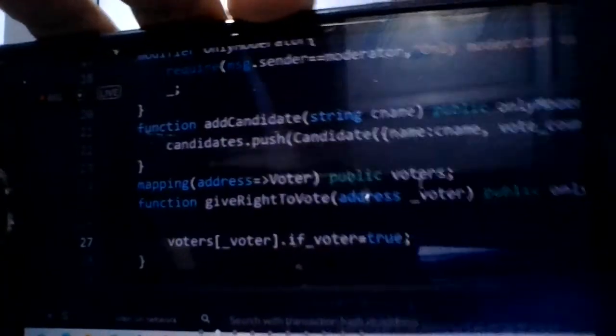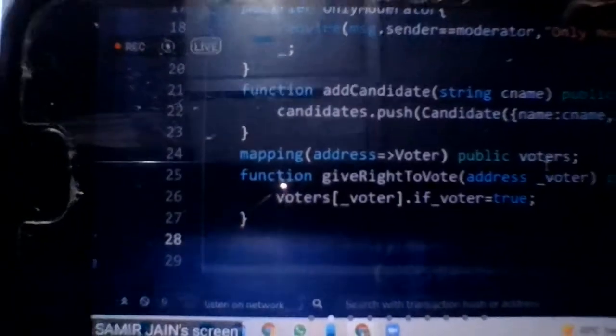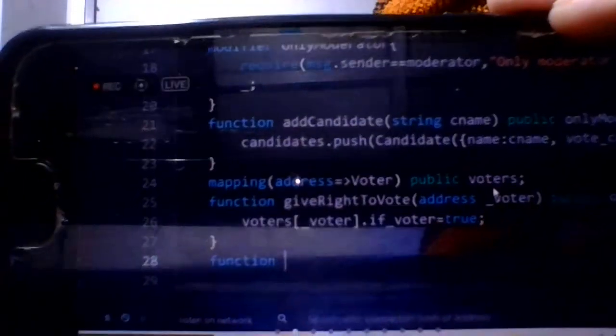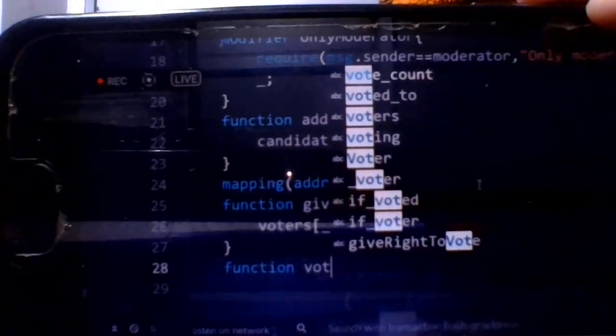This we have done. Now we'll come to another part. Now we have to define a function for voters for voting, for voters to vote for somebody. So function vote. Here you have to be very careful.